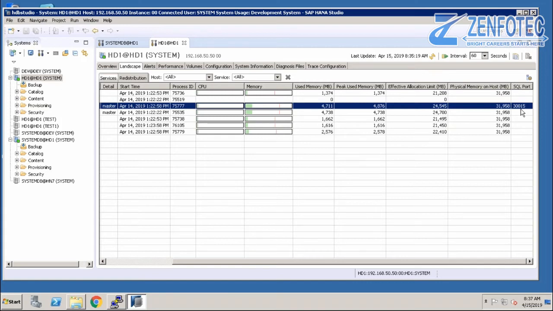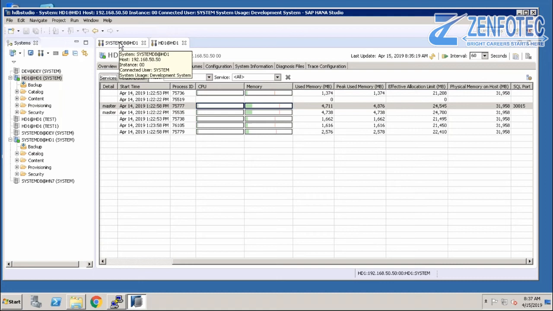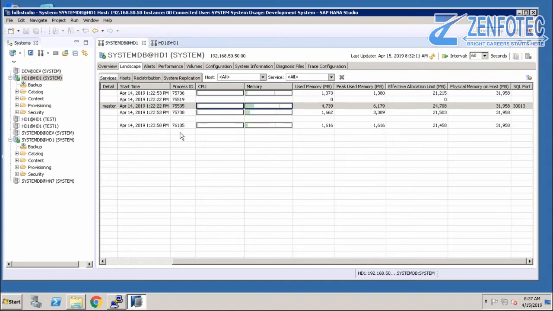No, sir. Fine. In the architecture we discussed that all the data will be stored in the index server only, right? Yes, correct. But now we are saying that in the main HANA database, it doesn't have the index server. Yes, in systemdb we don't have the index servers. So systemdb is not used for storing data. That's the reason we don't have the index servers in the systemdb.